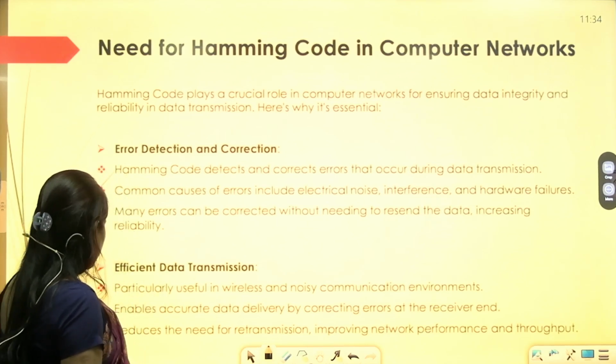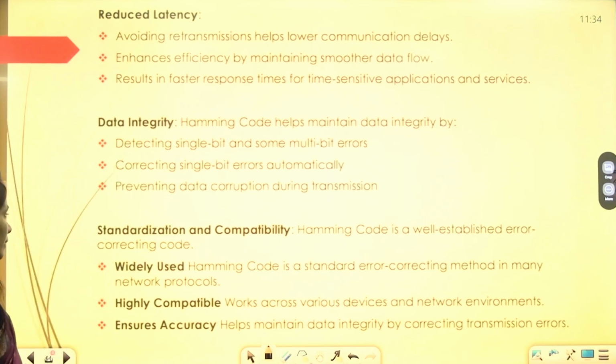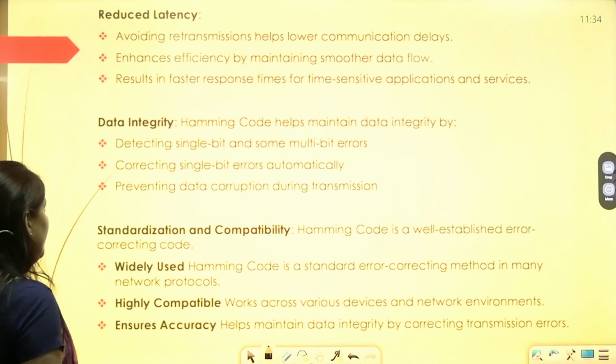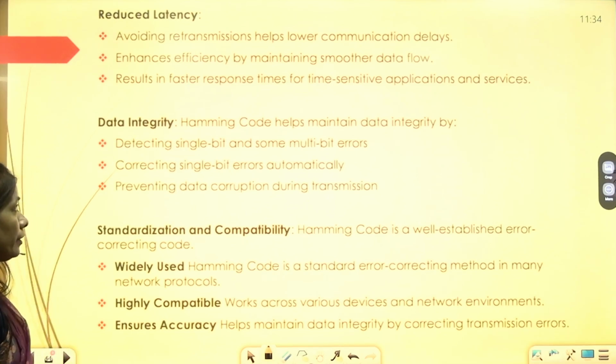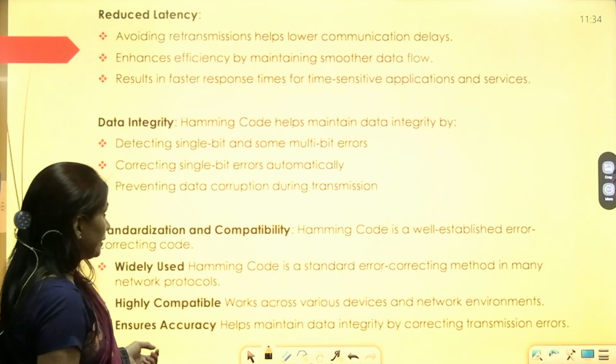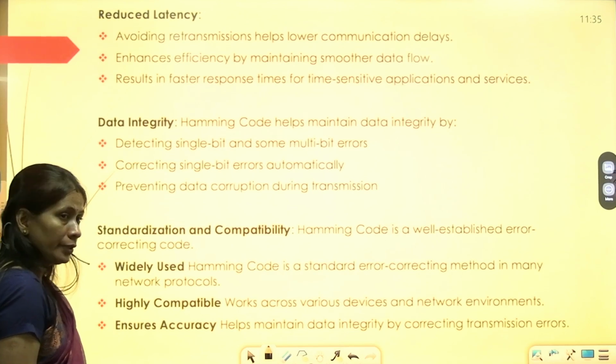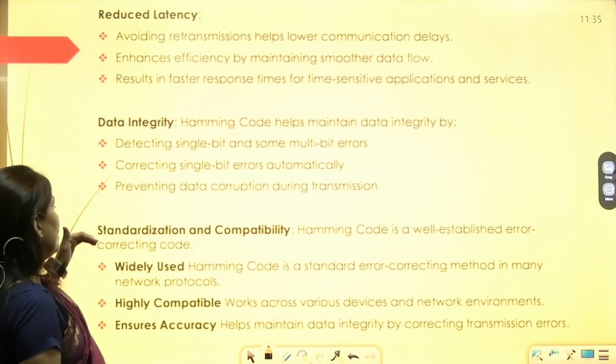Efficient data transmission. And next is reduced latency. Reduced latency means avoiding retransmission helps lower communication delay. Data integrity: Hamming code helps maintain data integrity by correcting single bit errors, automatically preventing data corruption during transmission.